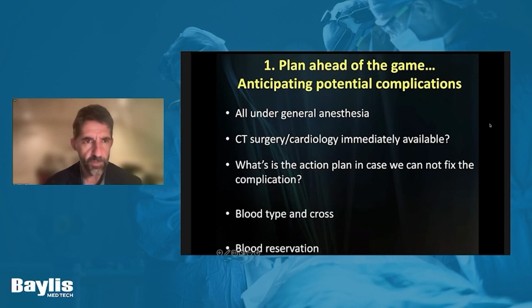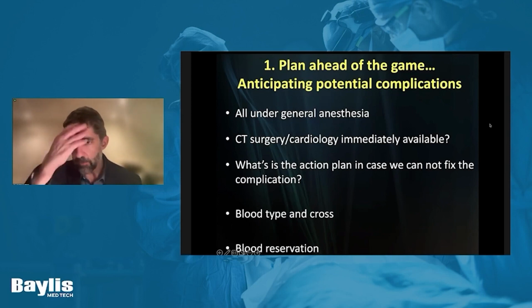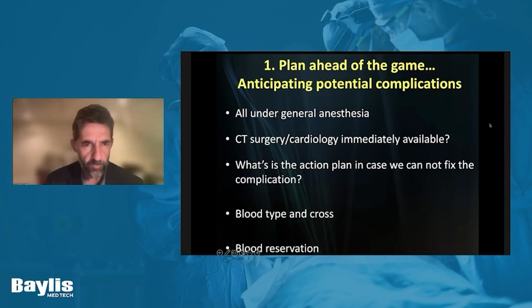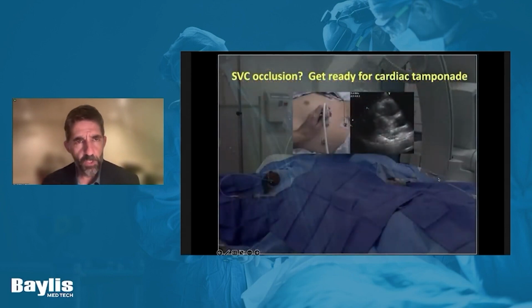So that's why I think cardiology and CT surgery are critical. We always order type and cross as a backup to make sure that if the patient bleeds, we are ready for transfusion, and we also have blood reserved in every single case, just in case. So in every single procedure, especially central venous occlusions involving the superior vena cava, we always prep the subxiphoid